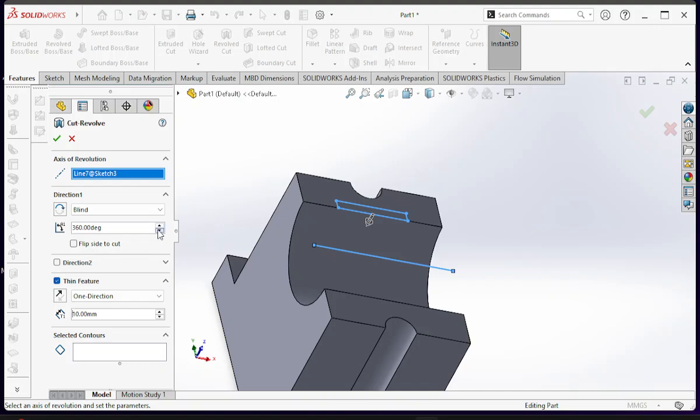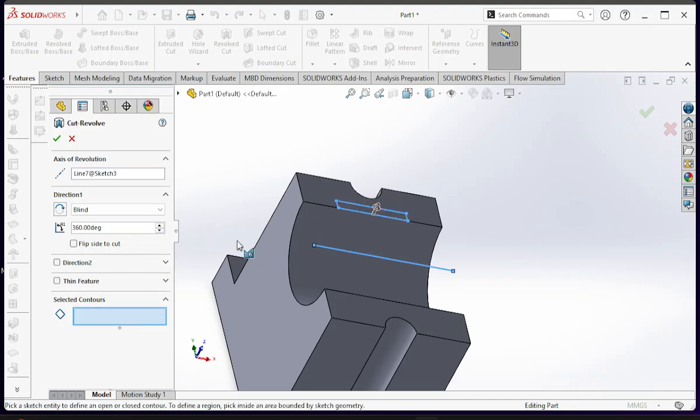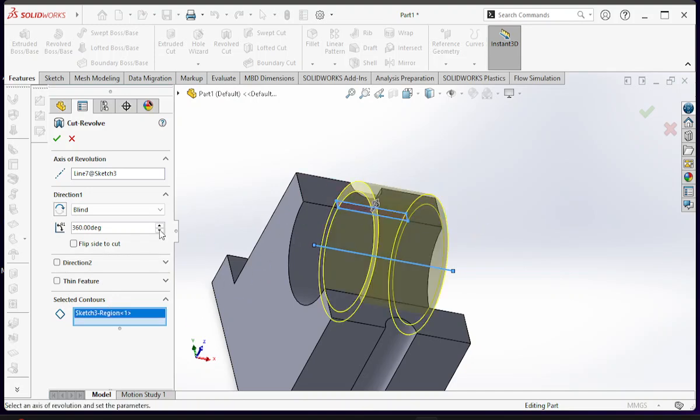I have given the axis, and I have to turn off this thin feature. We don't need thin feature, and then I have to give the sketch contours. I will take it,